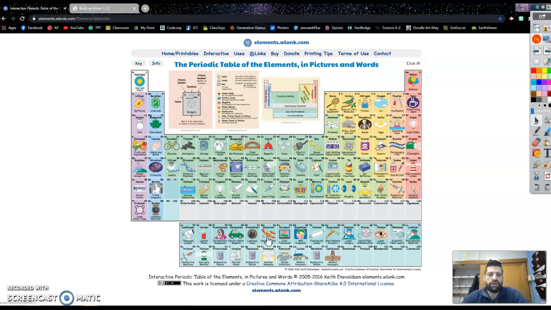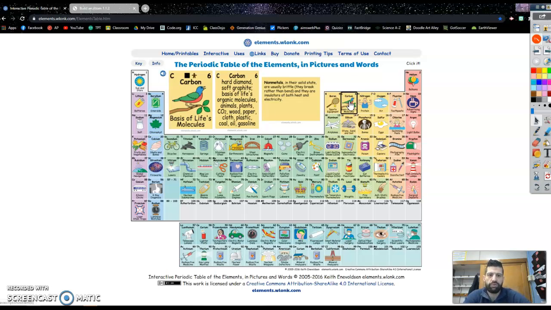So what I want you to look at today is to pick 15 of the different elements to look at here first. So you might say, okay, I'm going to check out carbon. When you click on carbon, it pops up and changes this. It says carbon is the basis of life's molecules. It will tell you carbon can create hard diamonds, soft graphite, graphite's the lead in a pencil, basis of life's organic molecules, animals, plants,